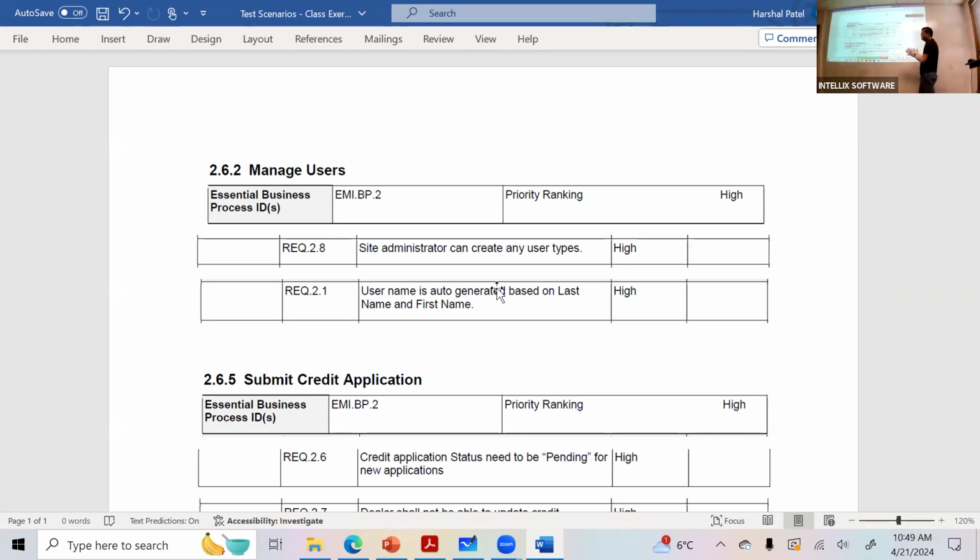But at what point is the username generated? When you log on? When you log on, that means you already have a username. When a new credit application is created? When you have the right user first name and last name.